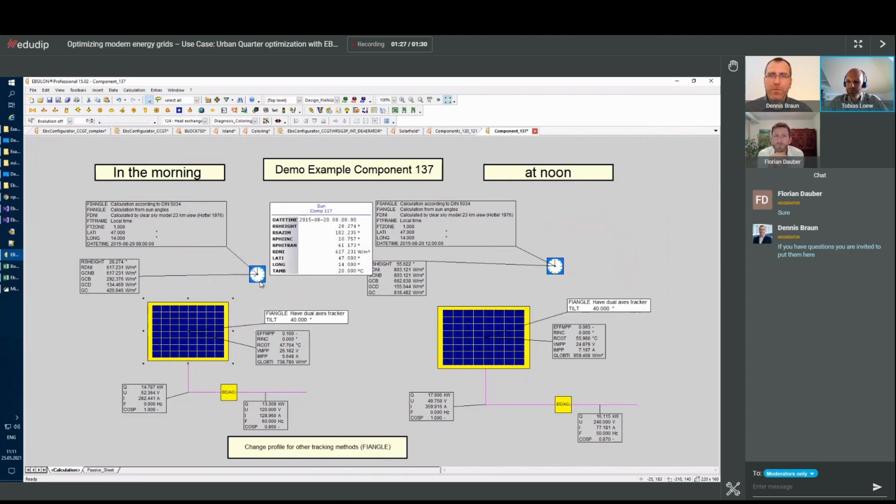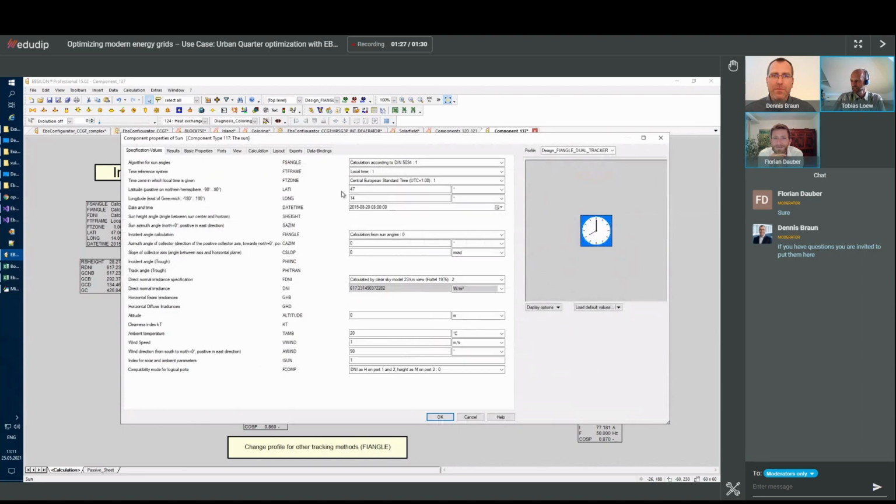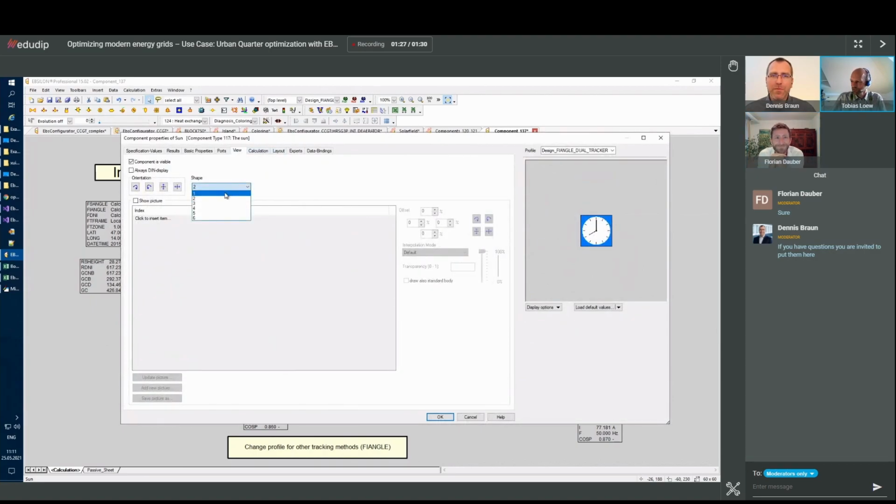Is it right that there's a component for the sun that you can add to your model? Yeah, you usually have to add the sun. This is the sun right here, because the sun has different shapes. It has this shape, or a shape as a classic clock, or we also have one with date and time. So in this model, you actually have two suns.